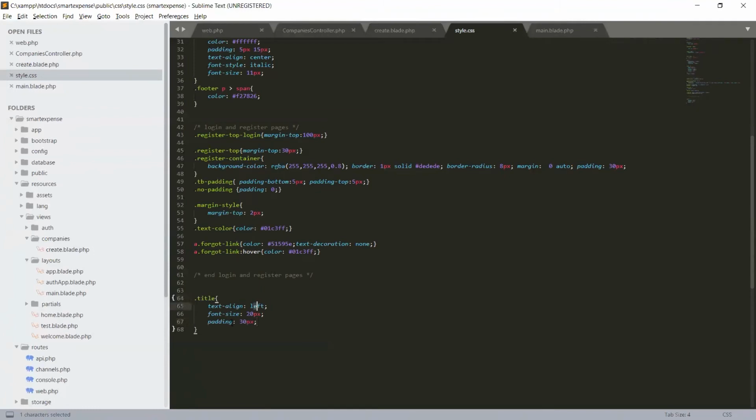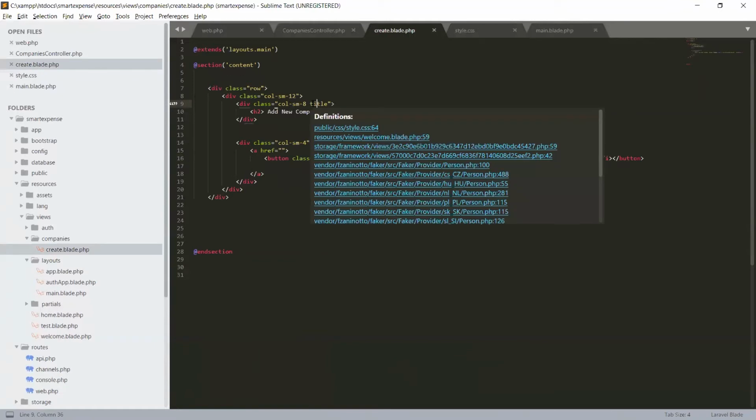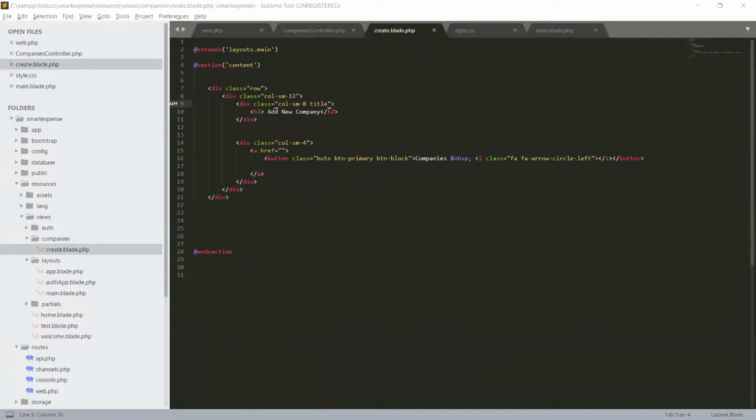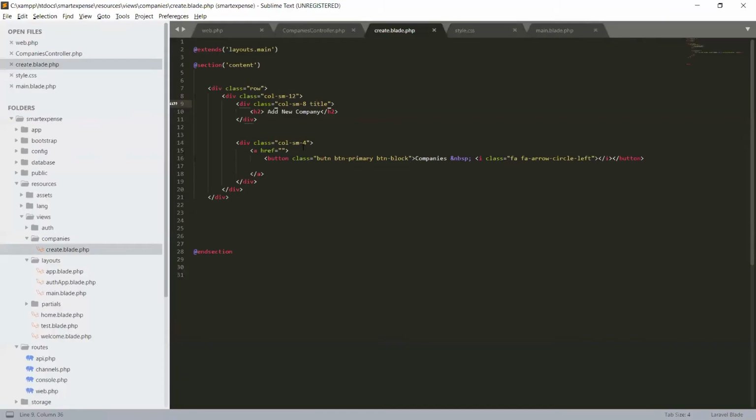Title text align left, font size 20 pixel, padding 30 pixel. If we are in here, so we have set our title here. So it's setting the padding around the add new company and the size and margin of that company, but not with the button. And we will fix it, let's add a style